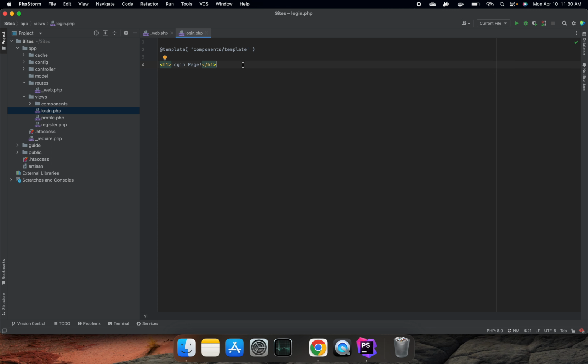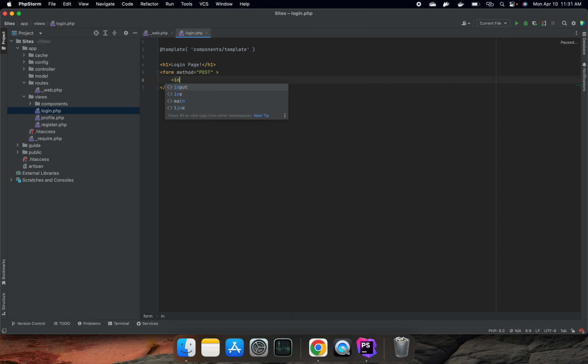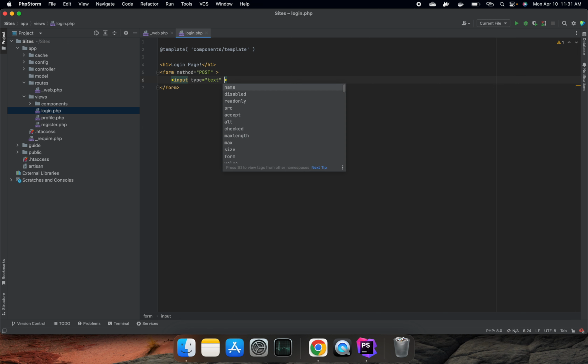page. So let's begin with the login page. So let's create a form, and then method post, and the input for the email address. Type text. Let's say for text only. Placeholder email address